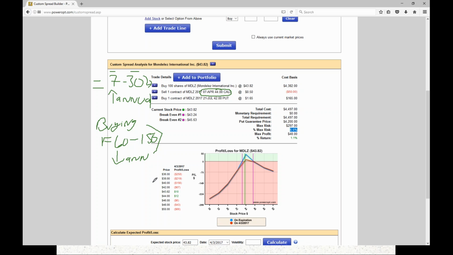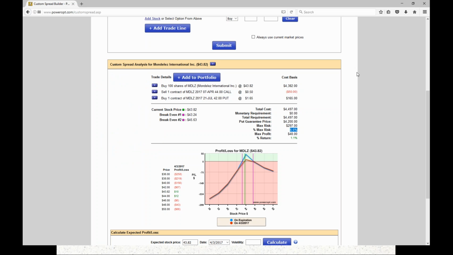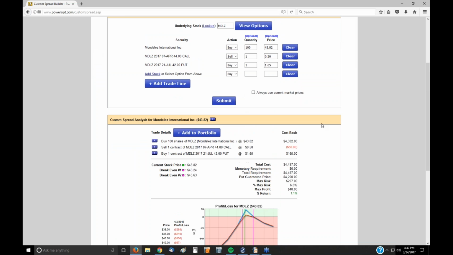Why would I want to buy an option that's 4 months out in time if I'm planning an event 2 weeks ahead? It's because if that event doesn't happen, if you bought a 7-day out option and it didn't happen, then you bought another 7-day out option and the movement didn't happen, then you bought another 7-day out, you're increasing your annualized cost. But if you bought it 60 to 75 to 90 days out to begin with, you're lowering your annual cost in the position. All right? So, that being said, this idea of this reverse collar